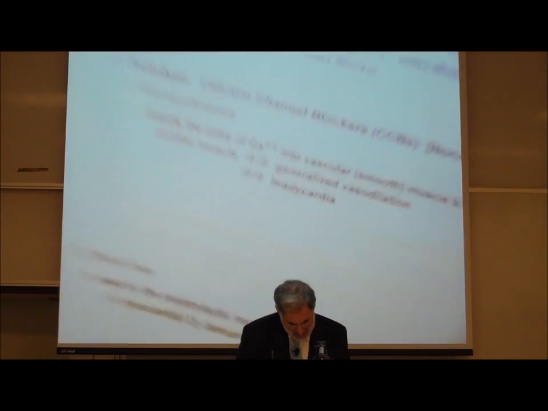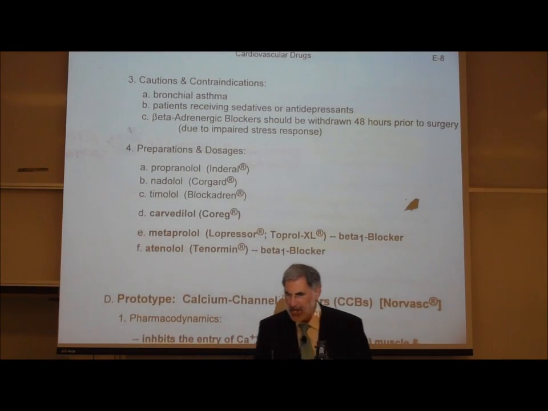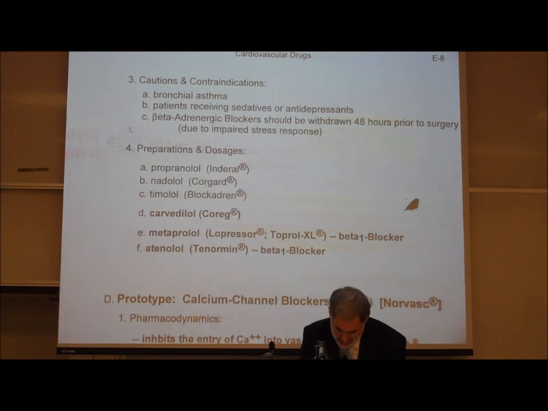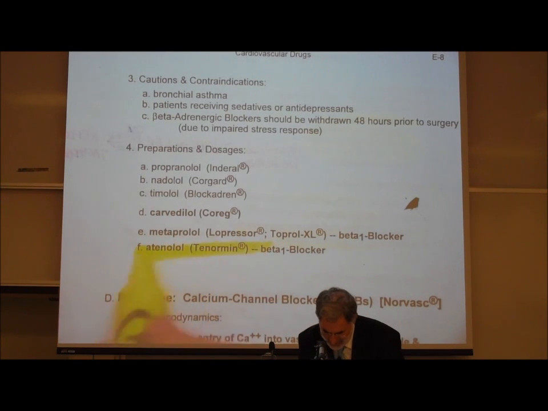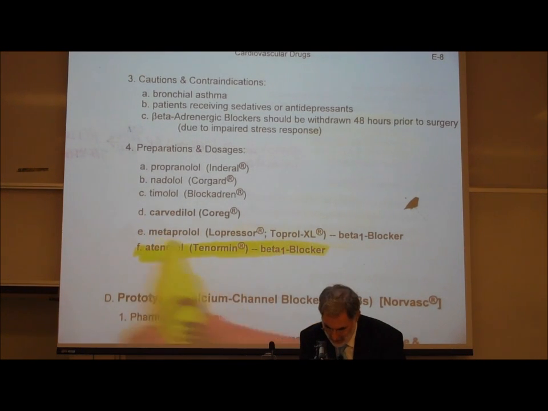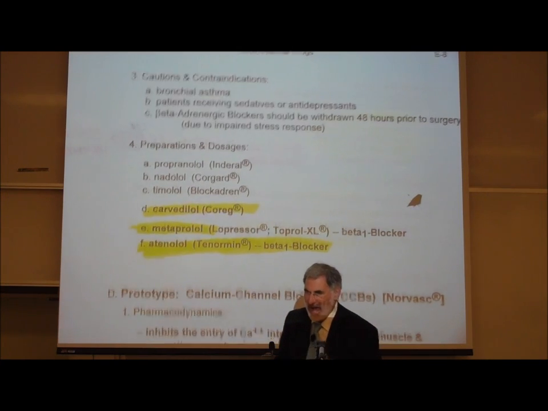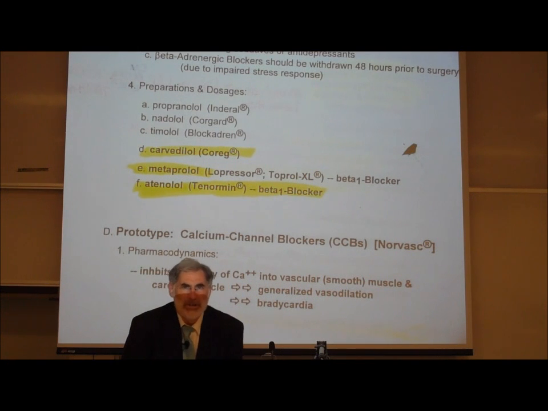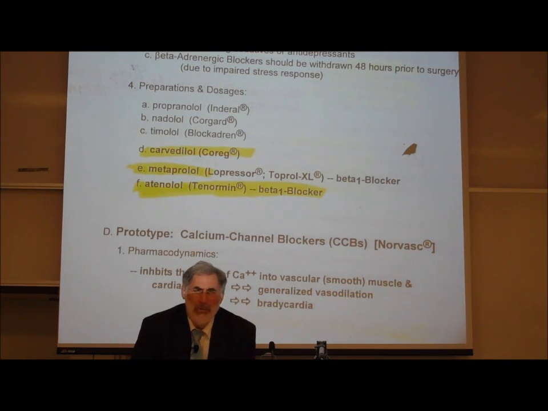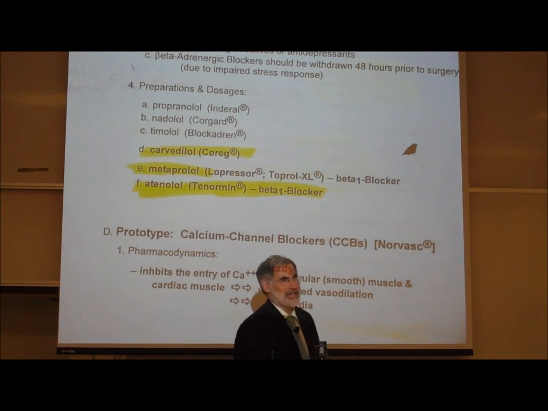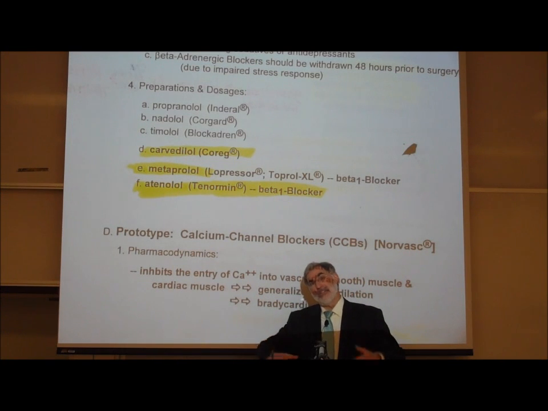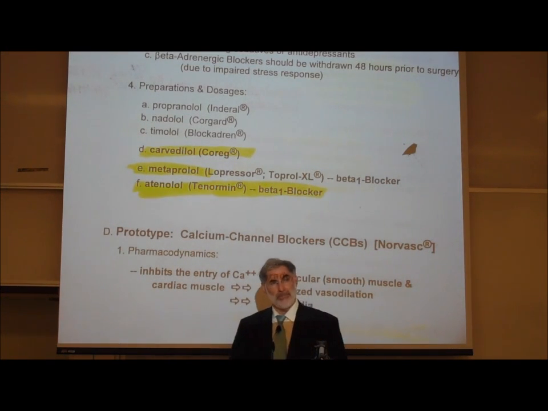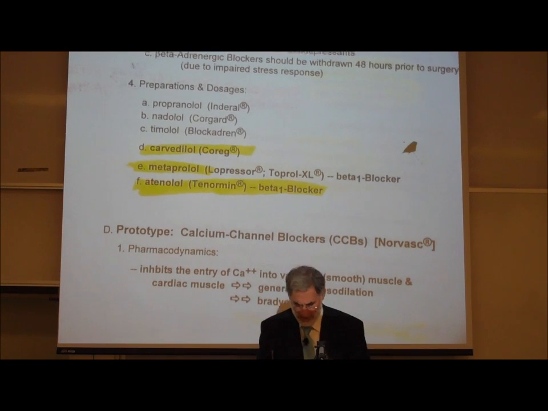On page E8, there are, of course, a whole bunch of beta blockers, and some of the more common ones today are atenolol, or Tenormin, metoprolol, and Coreg. Again, I am not asking you to know the names of drugs. And if you're wondering, if I was in pharmacy school, what would they be making me do? Memorizing all these drugs. All right? I'm not asking you to memorize names of drugs, but to understand the pathophysiology, the basic problem, and some of the ways that they try to control this.